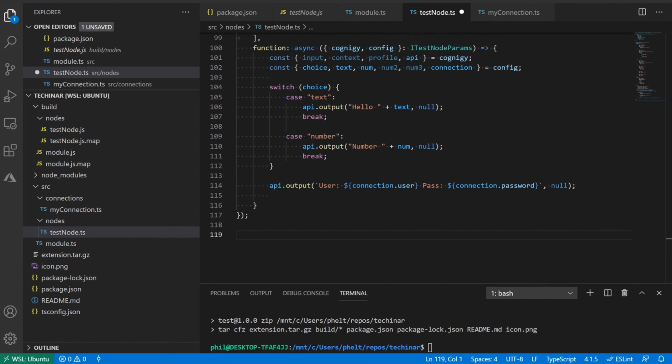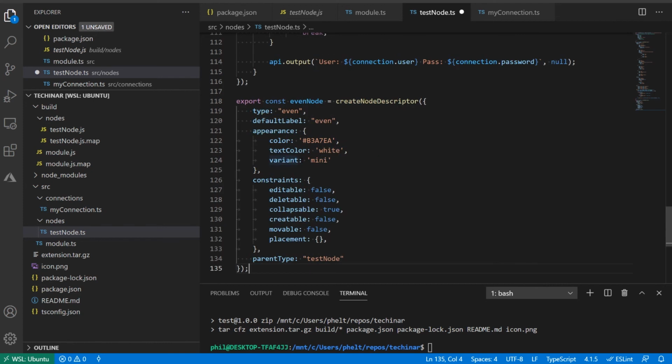Let's take a look at what this would look like. How do we add children to a node? Now, in order to add children, we need to create the child nodes themselves first. You can do that in their own file, of course, but you can also do it directly inside the file where the main node sits, where the parent node sits. And I've prepared something here.